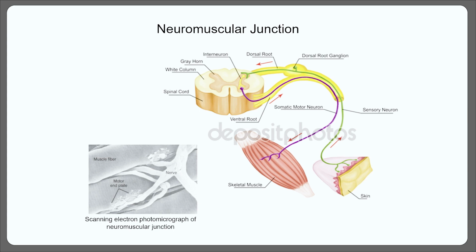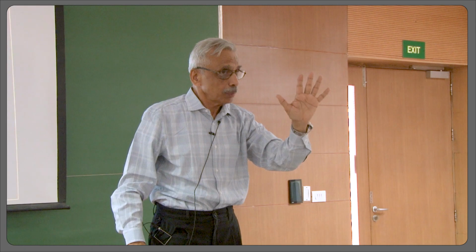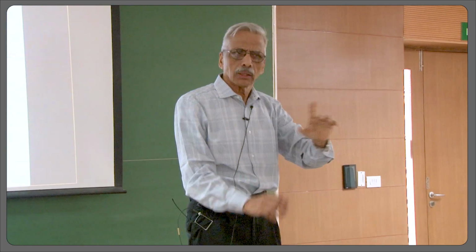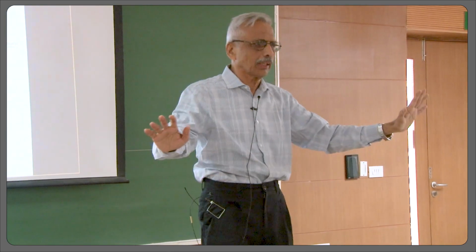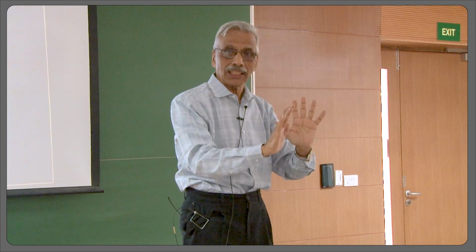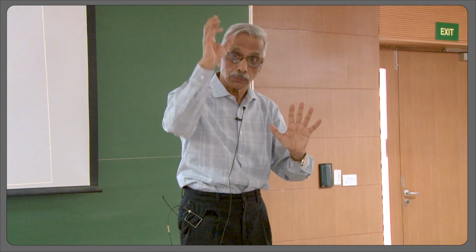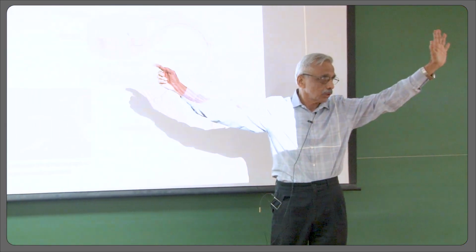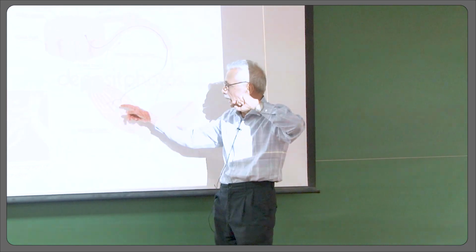Good. So where is the cell body located? In the central nervous system. It may be in the brain and the spinal cord. Any problem there? Okay, so it's a very interesting piece of information. Don't lose it. For every skeletal muscle, if there is no nerve supply, the skeletal muscle is useless. The nerve supply has to be there. A muscle just doesn't do anything. It needs to be told by a nerve, told by an axon, and that axon will have a neuronal cell body, and a nucleus and cytoplasm. Everything is located in the spinal cord, or it may be located in the brain. Okay, so far, and it will give rise to an axon that will go,